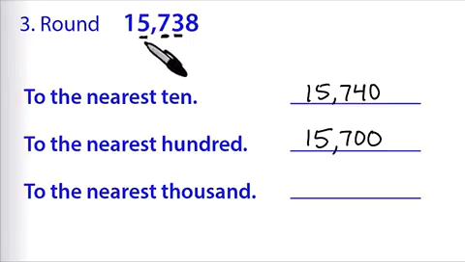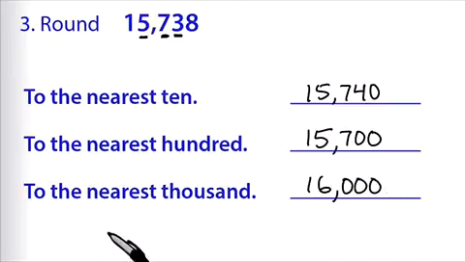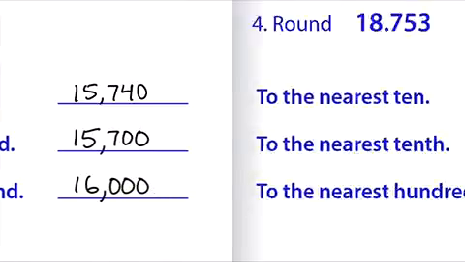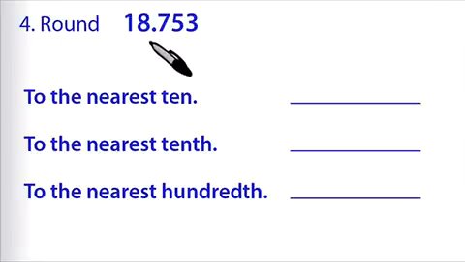thousands place. And so we need to determine if we're going to round this 5 up or down by looking at the digit to its right, which is the hundreds place, this 7 in the hundreds place. And it is 5 or greater, so that means we round up. So we have 16,000 as our number rounded to the nearest 1,000. For problem 4, we're supposed to round this number,